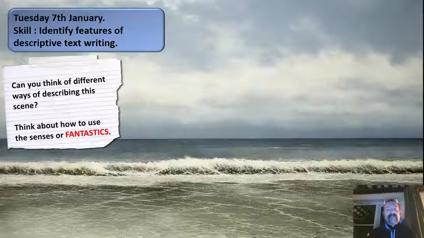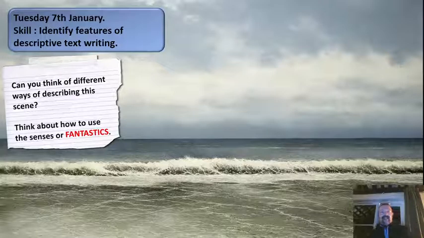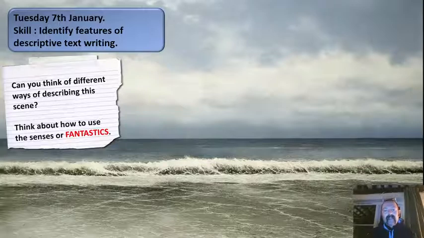Right, well, hopefully you've had a chance to think about that. So obviously things that I noticed, there are clouds rising up in the sky. It looks like quite a kind of grey day. You've got a really clear horizon line. The waves are breaking on the shoreline.